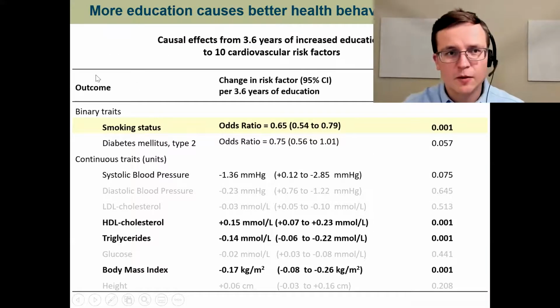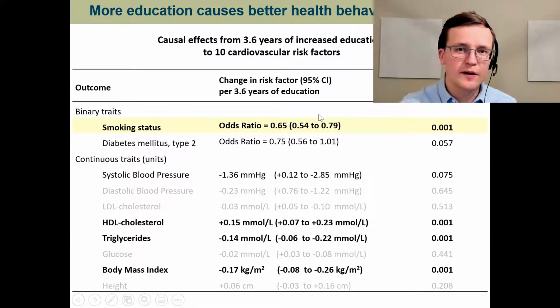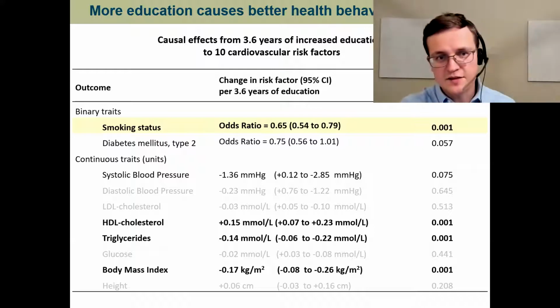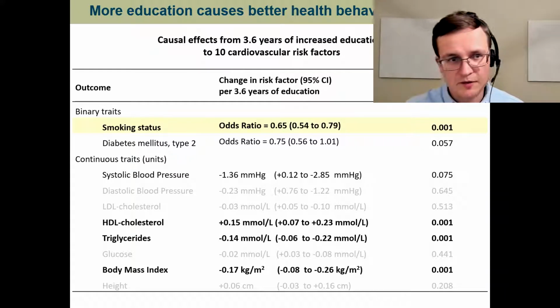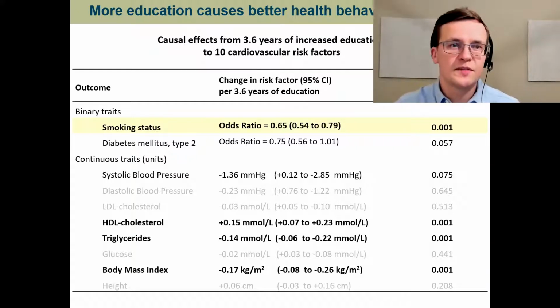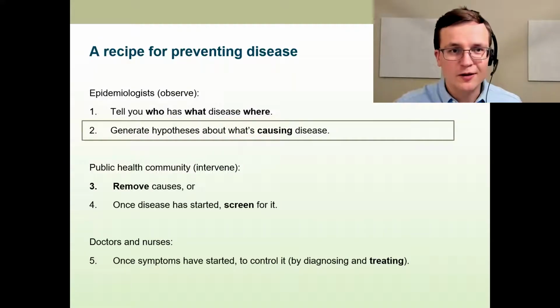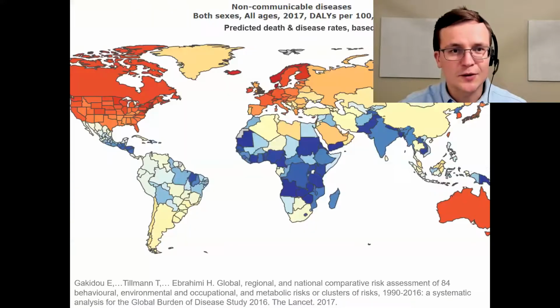And then we looked in more detail at what some of the risk factors might be that could explain it, and it might be that smoking is one of the pathways, i.e. you push people to stay in school for longer, they smoke less, they have fewer heart attacks. That explains a little bit of it, but not all of it. Some of it's still mysterious. But I won't dwell on my personal pet topics for too long now, and we'll move on to looking at something